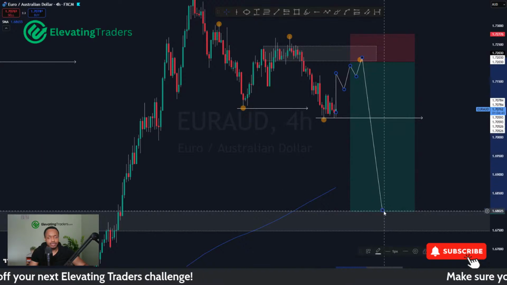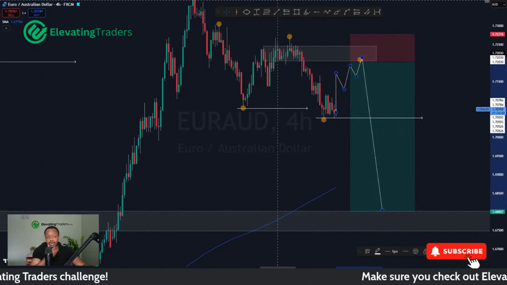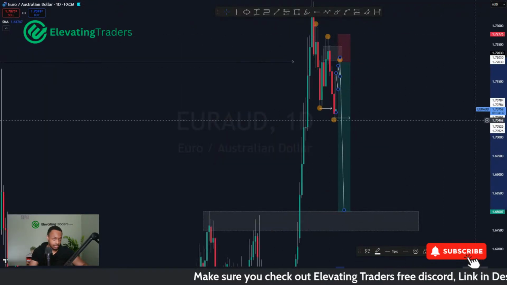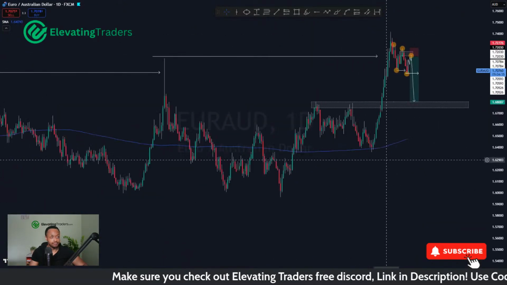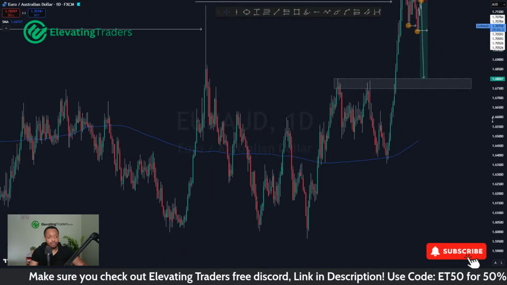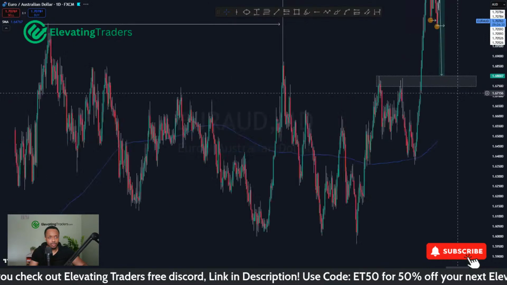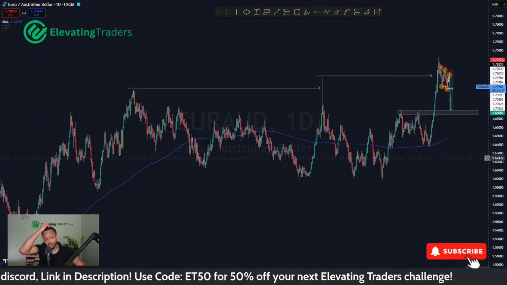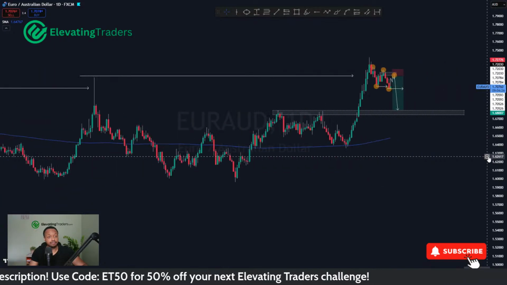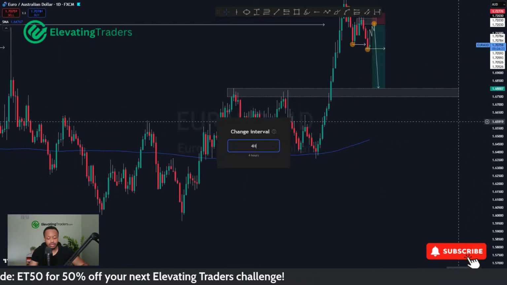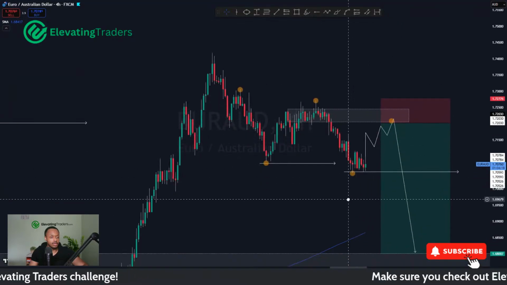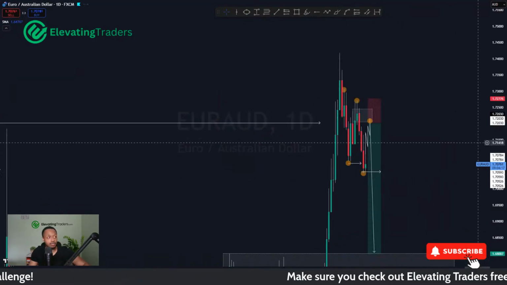You can always leave positions to run if you're looking for that bigger move. But yeah, the way I see it, Euro Aussie is likely to come back and test some levels it broke through, especially this 1.68 level. So I'm pretty bearish on Euro Aussie, expecting another retracement and some pullbacks on the lower time frames. You can probably find a nice swing high to short and take advantage of that swing there. So yeah, pretty bearish on Euro Aussie.